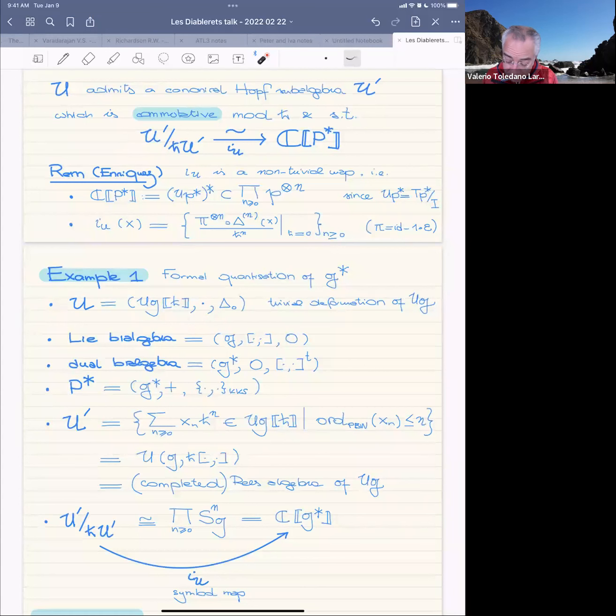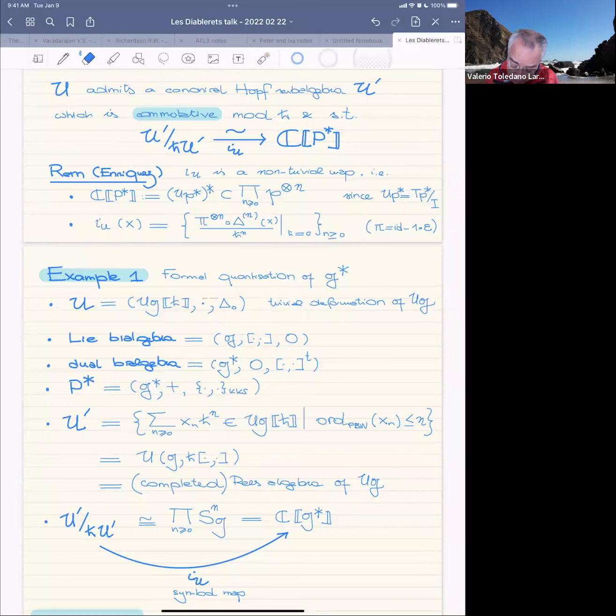The underlying Lie algebra is of course going to be G as a Lie algebra, and then the co-bracket you get, because this was co-commutative on the nose, is the trivial co-bracket. So when I dualize, I then get G star with a trivial bracket and a non-trivial co-bracket, namely the transpose of the bracket on G. And the corresponding Poisson Lie group is G star as an abelian group, and then with the Kirillov-Kostant-Souriau Poisson structure.